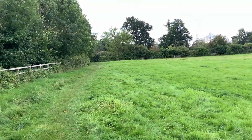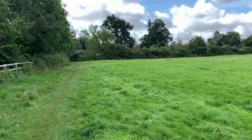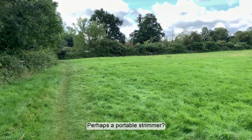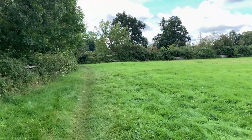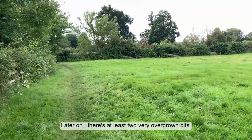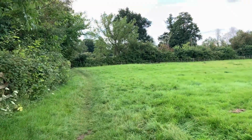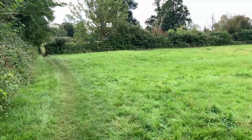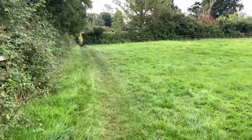I don't really think carrying a machete around this route would go down well with the local constabulary, so although there are times when trying to get through these bits you really do feel you need a bit more than a stick to hack your way through. Not like the jungles of South America, but it certainly can be quite challenging to the hiker at times. Anyway, on we're going now to Claybrooke Parva,